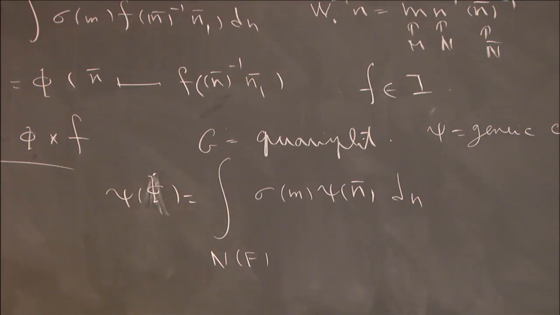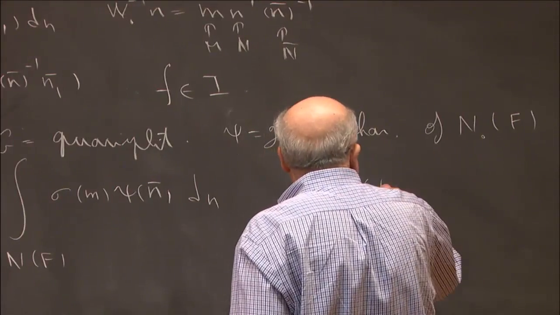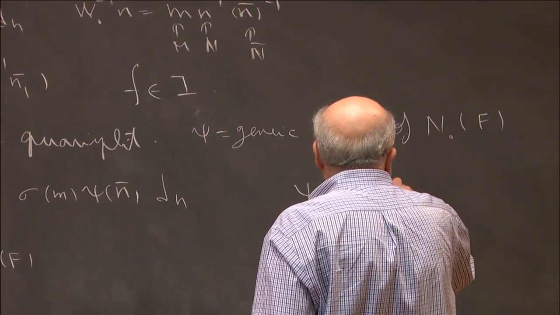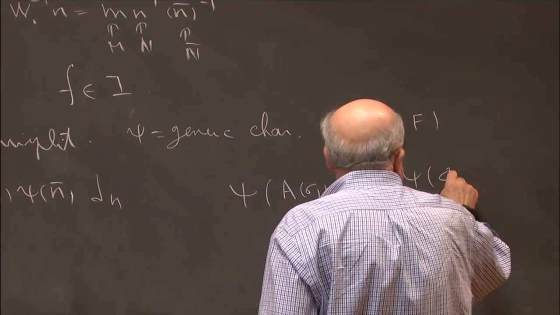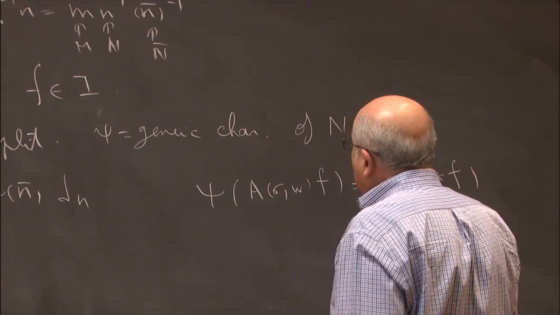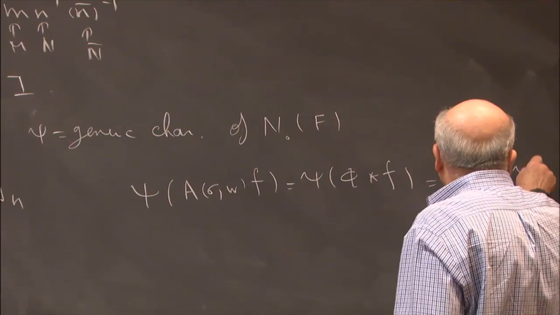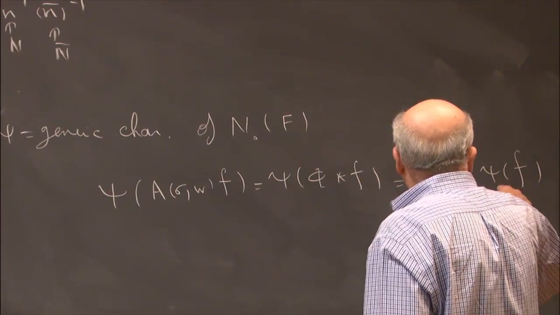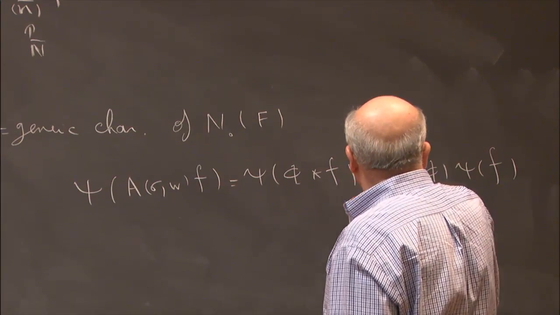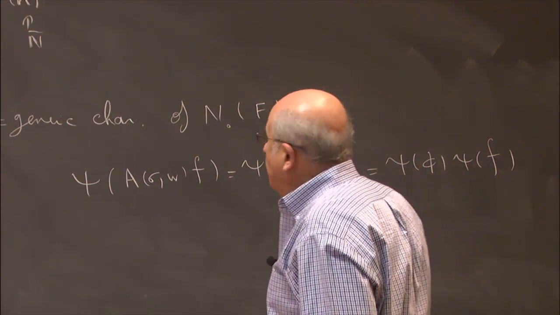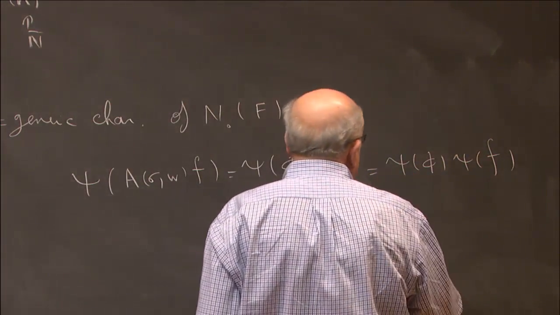Yeah. And then you quickly see that if I take psi of the intertwining operator at f, which would be psi of this phi convoluted with f, this is very formal, of course. Fourier transform, so the Whittaker function of the intertwining operator composed gives me this psi of phi, and this psi of phi is the Fourier transform of this measure.